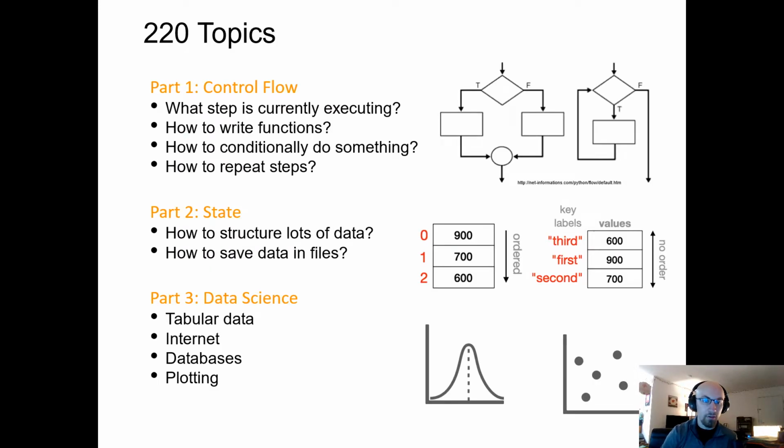So the topics covered for this course, there's three main topics we're going to cover. You're going to cover control flow, state, and data science. The first two kind of lead into the last. So if you think about the computer sitting in front of you, how does it actually work? We know that we type stuff in or we move our mouse around and then something happens and then we get some output, right? Something changes on the screen or it plays some sound or something like that. What actually happens in that black box there? That's what we're going to be unpacking this semester.